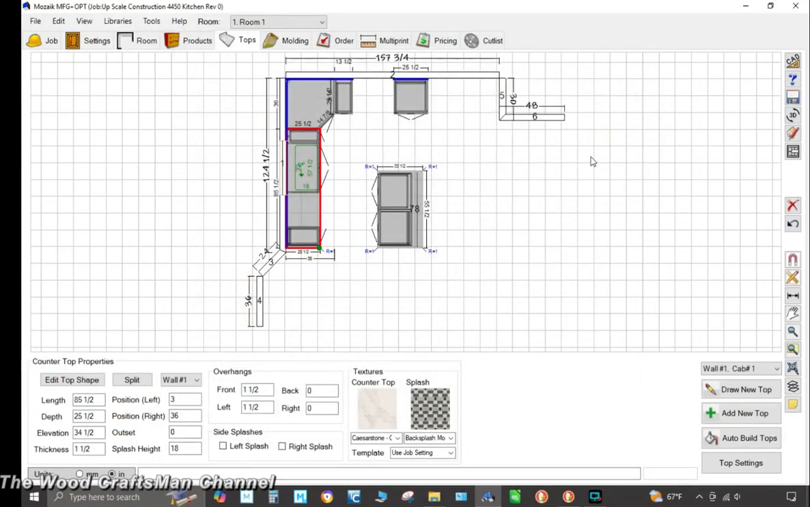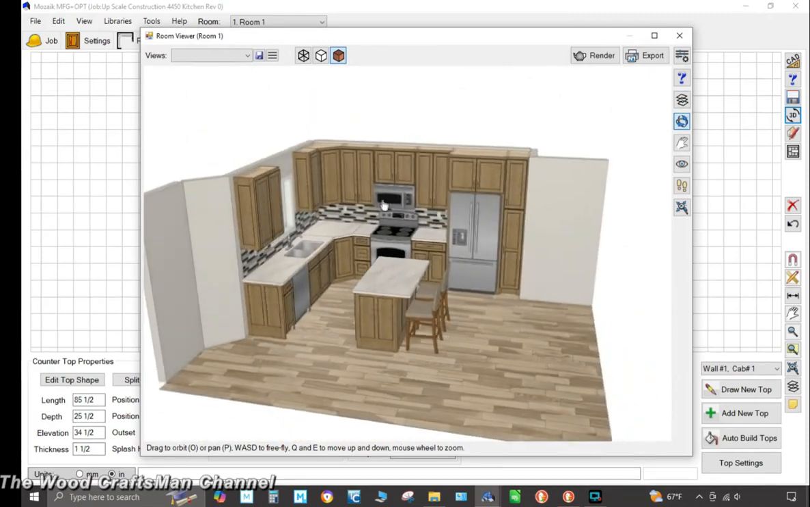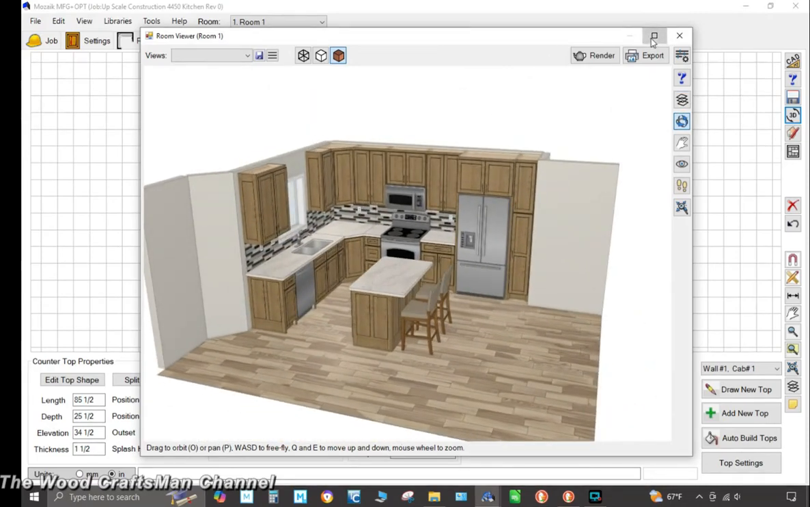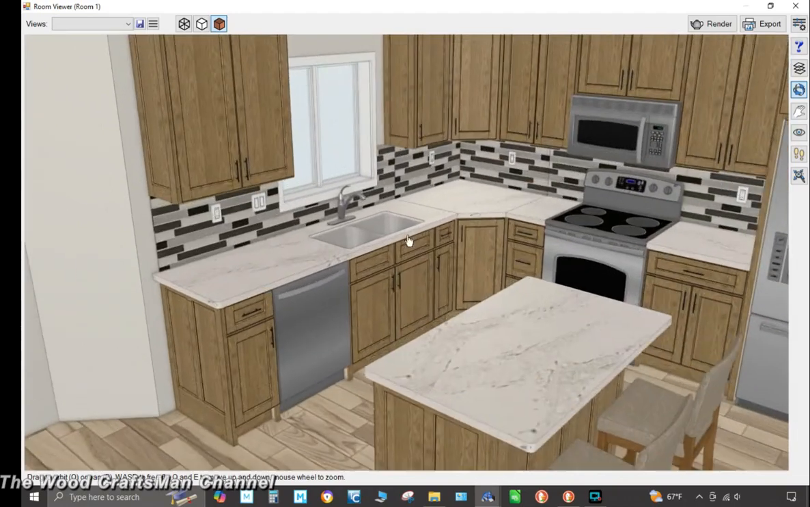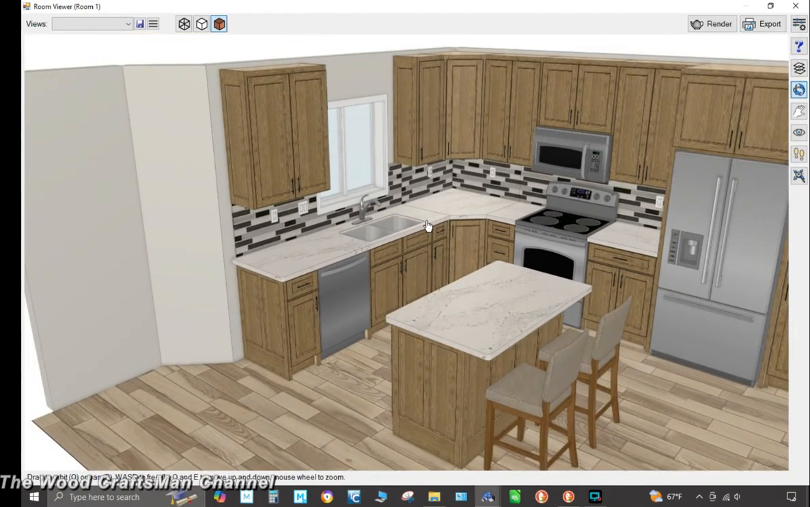Okay, I just thought I'd stop and talk about this here. I'm going to go into 3D view. As you saw, I struggled with the cutout for the sink. And it turned out to be, for whatever reason, and I don't know if it's maybe a bug in version 14, but normally by default,